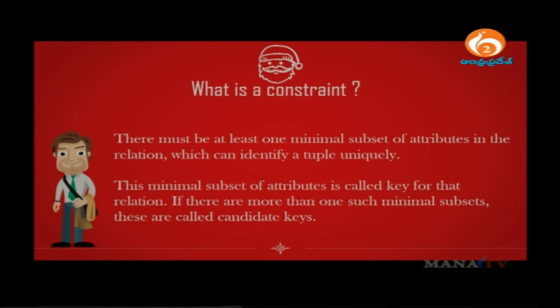Now, let me show you what a constraint actually is. There must be at least one minimal subset of attributes in the relation which identifies the tuple uniquely. The second thing is, the minimal subset of attributes is called a key for the data which is referred. If there is more than one minimal subset, these are called candidate keys. So, to talk about candidate keys and constraints,